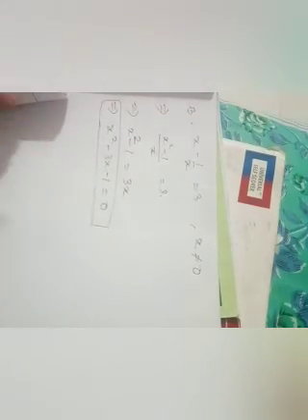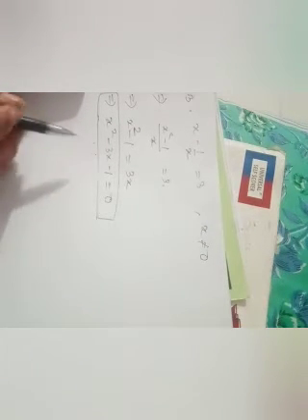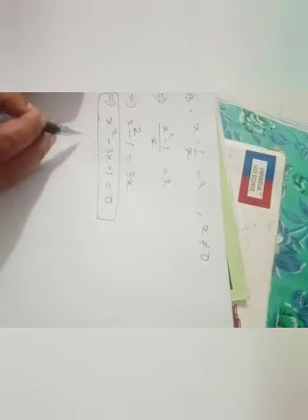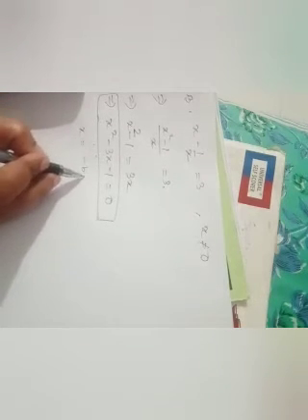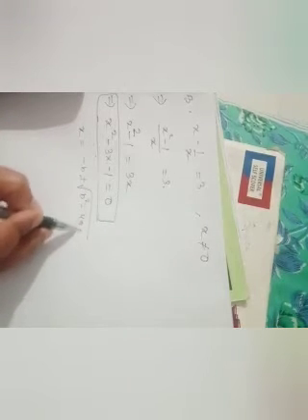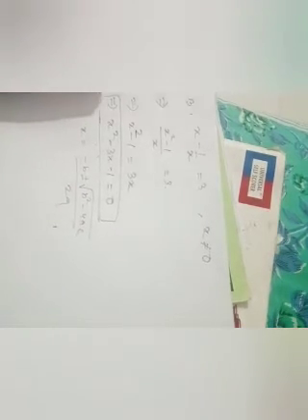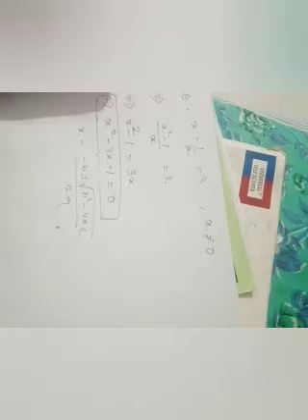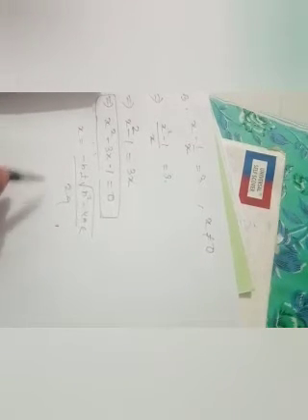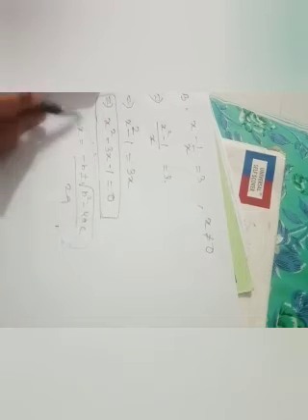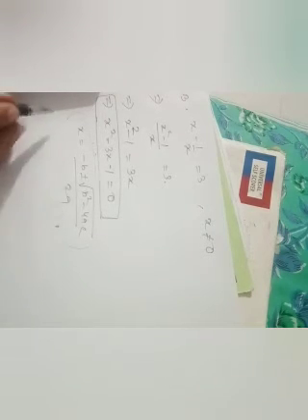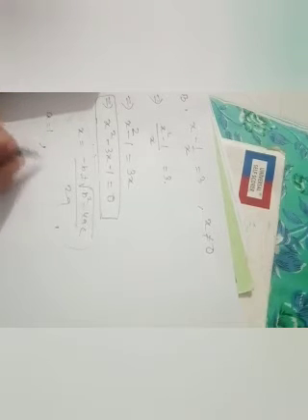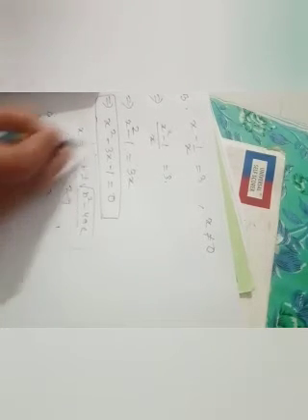Now the required equation is this. Now you have to find the roots of this equation. You can find the roots by applying the formula x is equal to minus b plus minus root over b square minus 4ac by 2a, or by the method of completing the square. Whatever you like, because it is not mentioned in this question. Applying this quadratic formula is very easy. So let's start. Here a is equal to 1, b is equal to minus 3, the coefficient of x, and c is equal to minus 1.